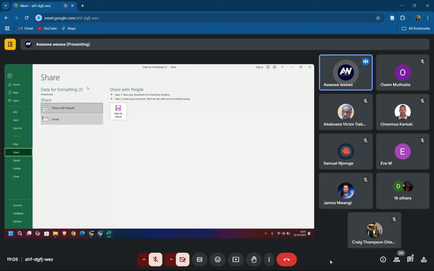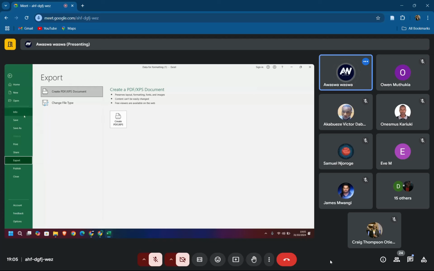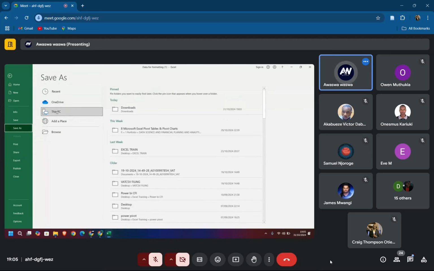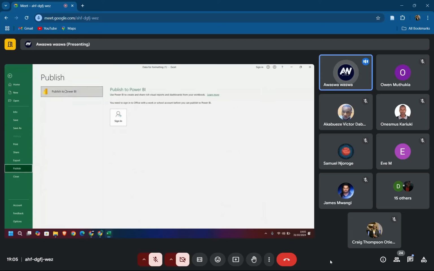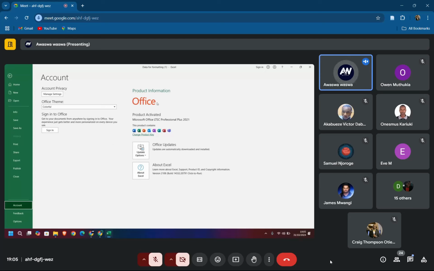Sharing mostly if you want to share it with other people. And then there is export, in case you want to export it in PDF. But now the better way is to come and save it as, and then now you can share it with someone. And then there's publish, you can publish, there's that publish. So when it comes to account,